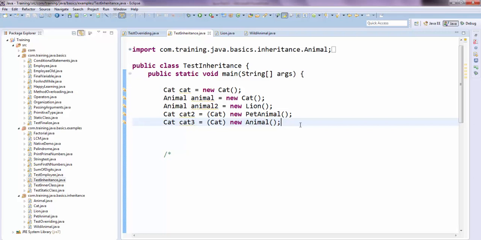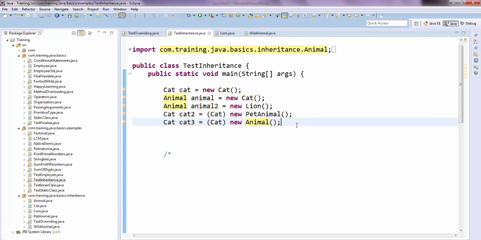Casting is basically when you are trying to map one object to another one, when you are trying to map pet animal to cat, that is the place where you are trying to do the casting. So in this case, casting will solve your compilation problem, but